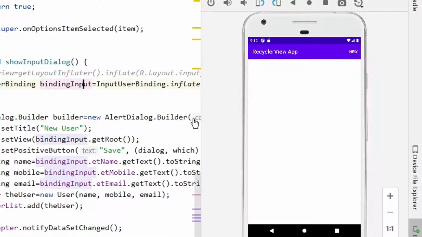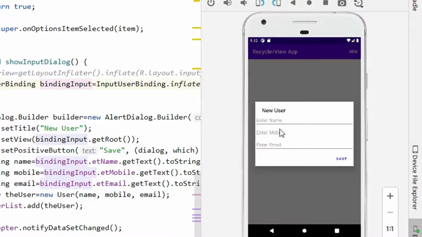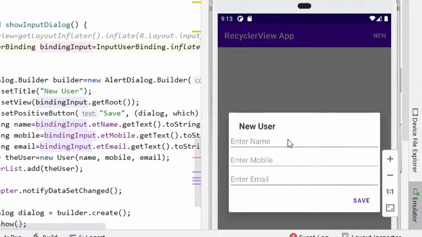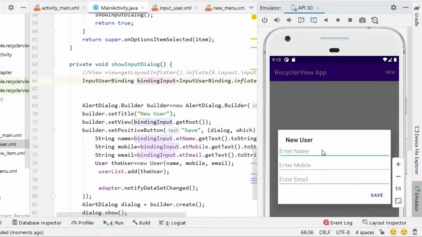Okay, so you can see the output here. Recycler view, by default we have no data, but if I click on the new option menu, it will display the dialog here, and inside this dialog I can type something, here I am going to type Mitesh.